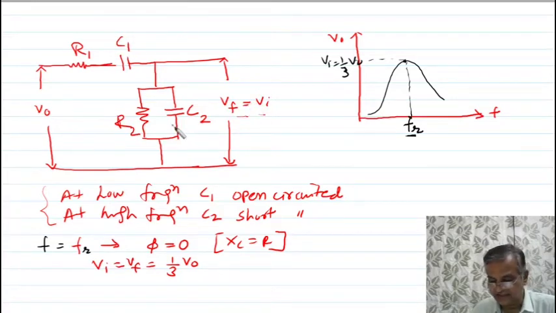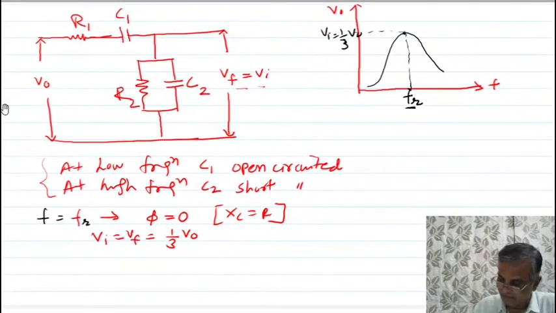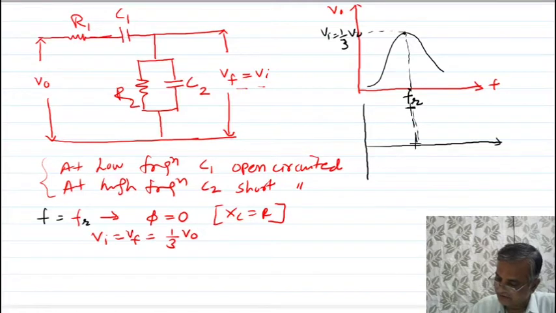So in this sense it is called a frequency selective network. It selects the frequency. So this is one kind of resonance circuit, you can say. If I want to plot the graph of phase difference versus frequency, for frequency Fr I will get 0 phase, and for other frequencies I am getting some phase.